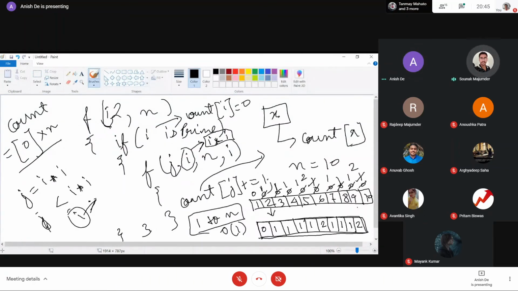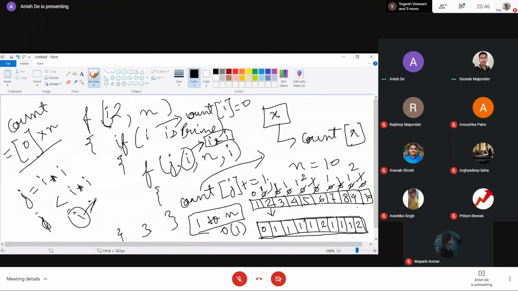So here, using the same logic, there is one more application, which is to find the smallest prime factor of a number. You are running the same loop, same logic, but in the count array you just have to put some modifications.